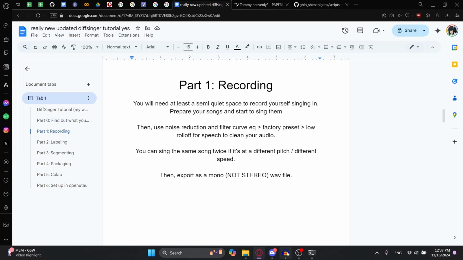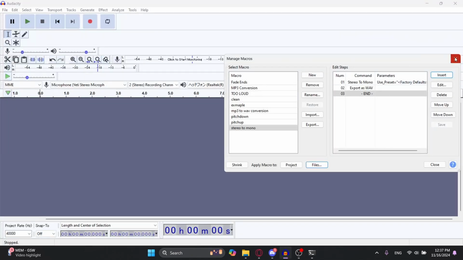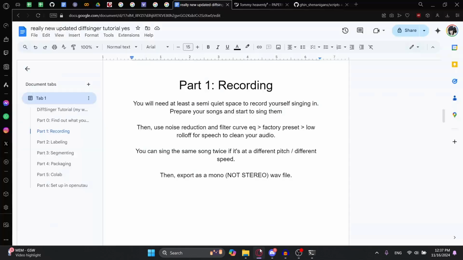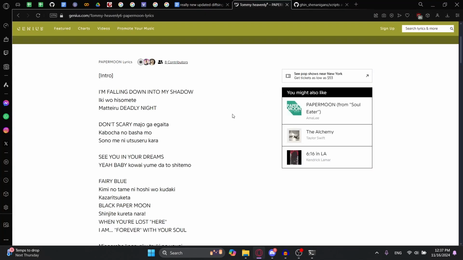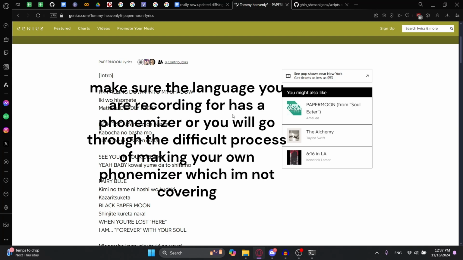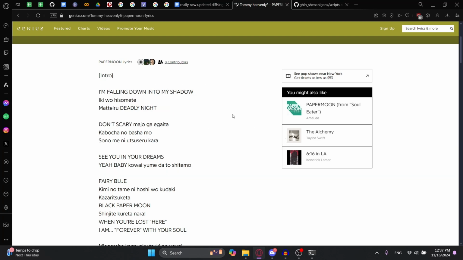So for recording, you just need to go here in Audacity and you need to sing a song. You could basically sing any song you want. It just has to be in the language that you're singing in. You could sing the same song twice, just if it's in a different pitch or if you're singing it in a different speed to help the data. So I don't know. You just basically just sing